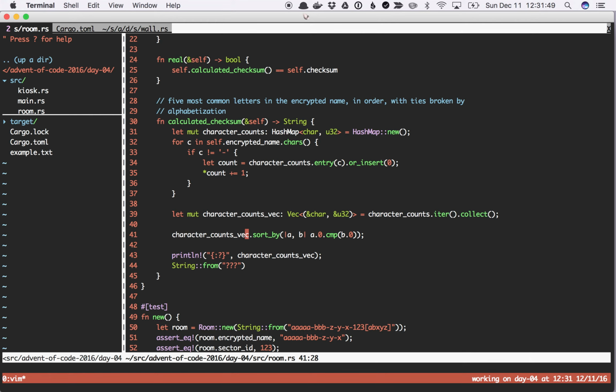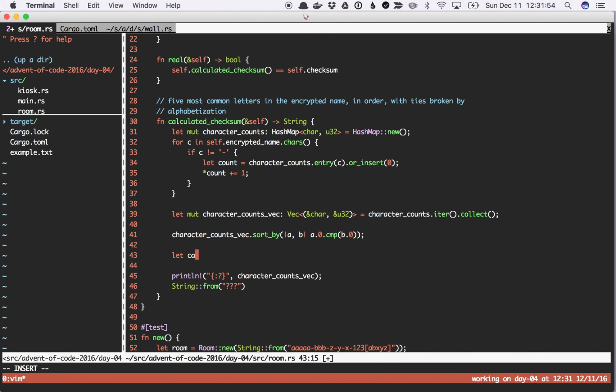So let's just go ahead with let calculated. I don't know if we can use the same name. I'll just say calculated equals character counts vec dot collect. Oh wait, no. Okay, wait. Dot map, and I don't know what to call this. So I'm just going to say CCV for character counts vec, or CC for character count, and I want to map and have it return